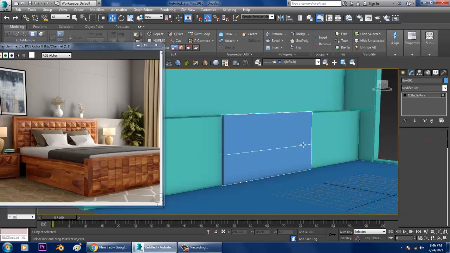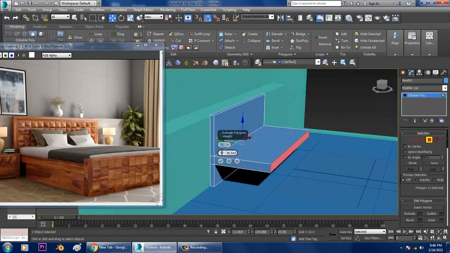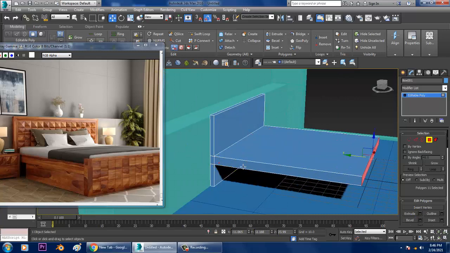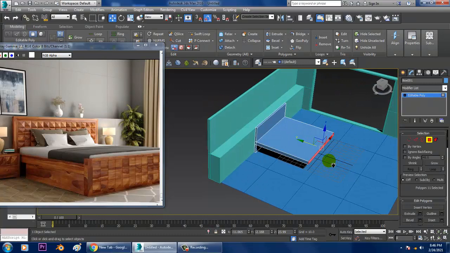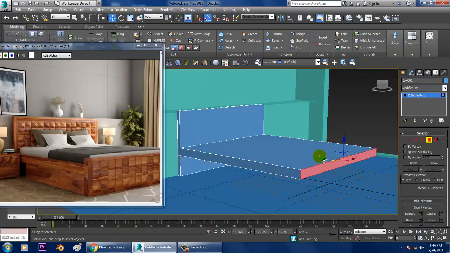Let's go into the polygons and extrude it till here. So we can just extrude this till here.